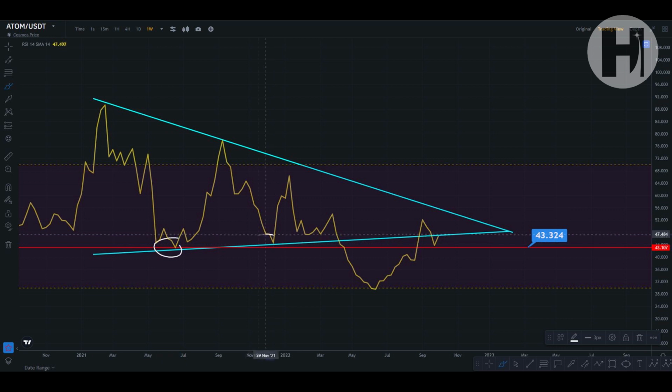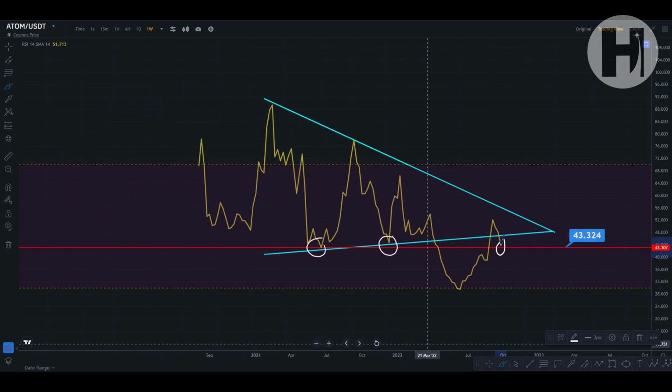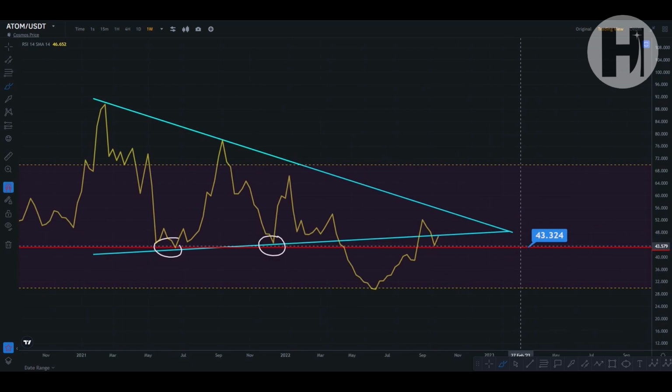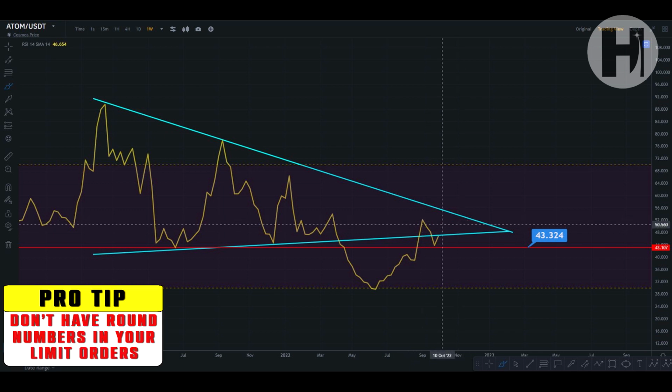We had one back test, almost a second back test there, and we had a third one over there. So that's a very important level for us to hold. Another back test over there, as you can see. So I want to see that back tested as support, and that's going to be a very strong sign for Cosmos Atom. It actually is on its way of being the next chain link in a bear market, because the last bear market chain link outperformed all the altcoins. This time around, it can be Cosmos Atom, and that's a good thing because I'm very bullish on Atom.